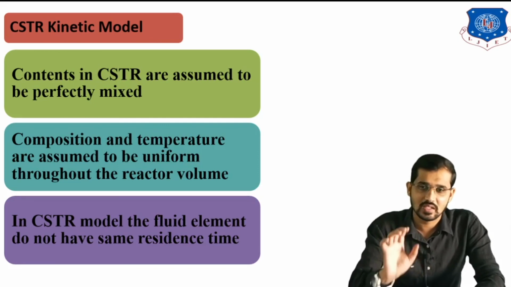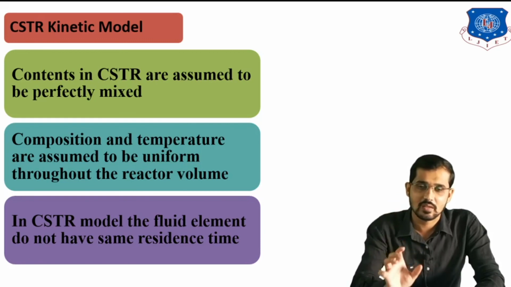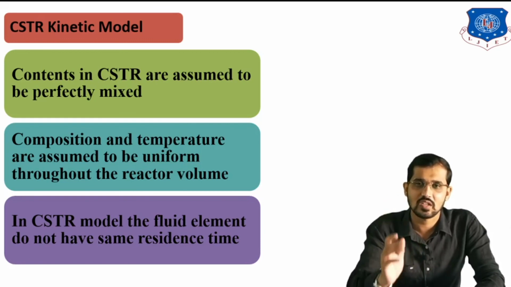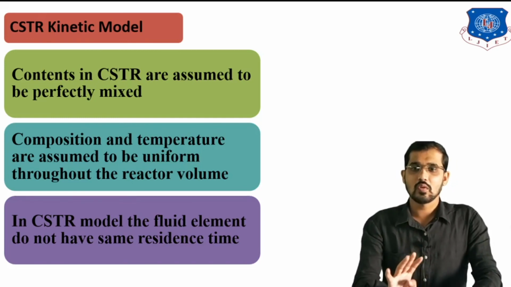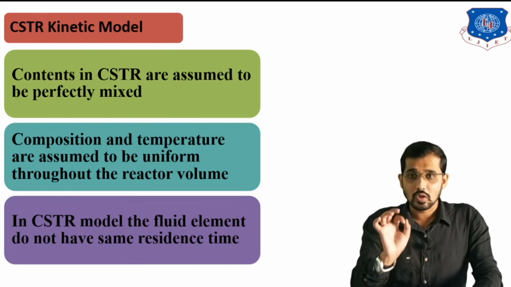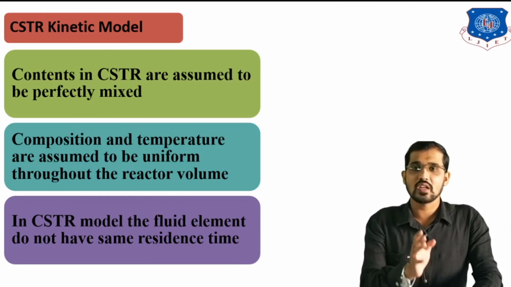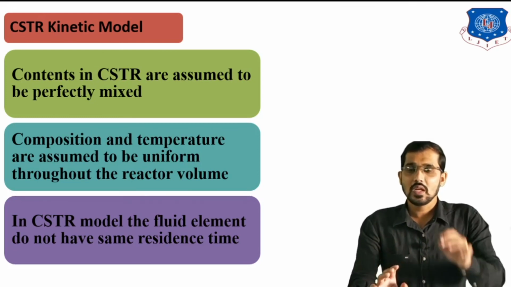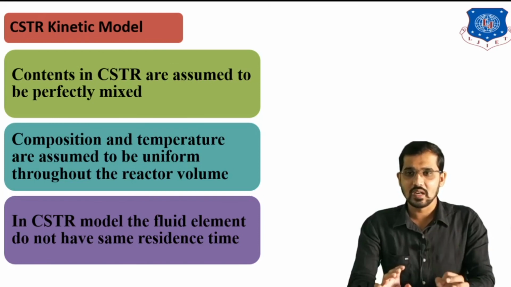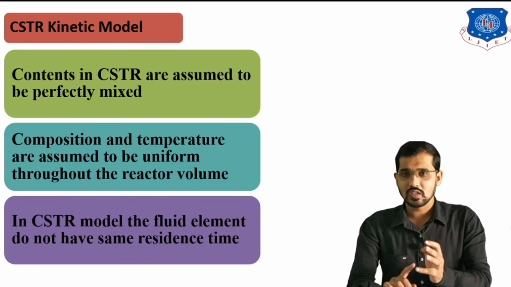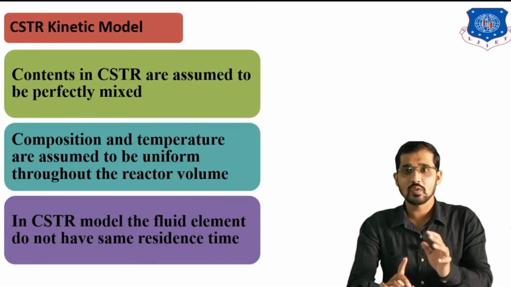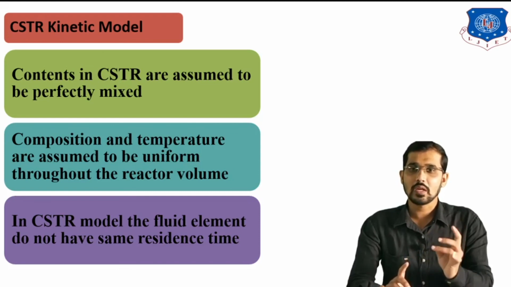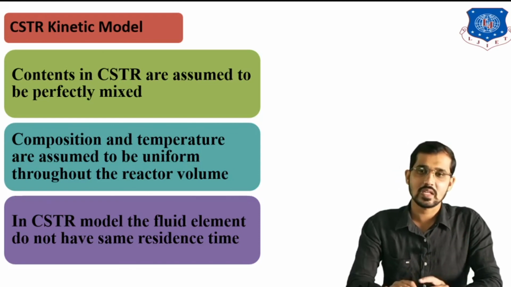If a question is asked in the exam to explain different reactors, you have to explain all: batch reactor, semi-batch reactor, PFR and MFR. If a question is asked on the reactor models, you have to explain all these four models. If a question asks, explain in detail four reactor models, you have to write what the batch reactor is, what the semi-batch reactor is, what the PFR is, and what the MFR is. After that you have to explain the stoichiometric model, the chemical equilibrium model, the PFR model and the CSTR kinetic model.